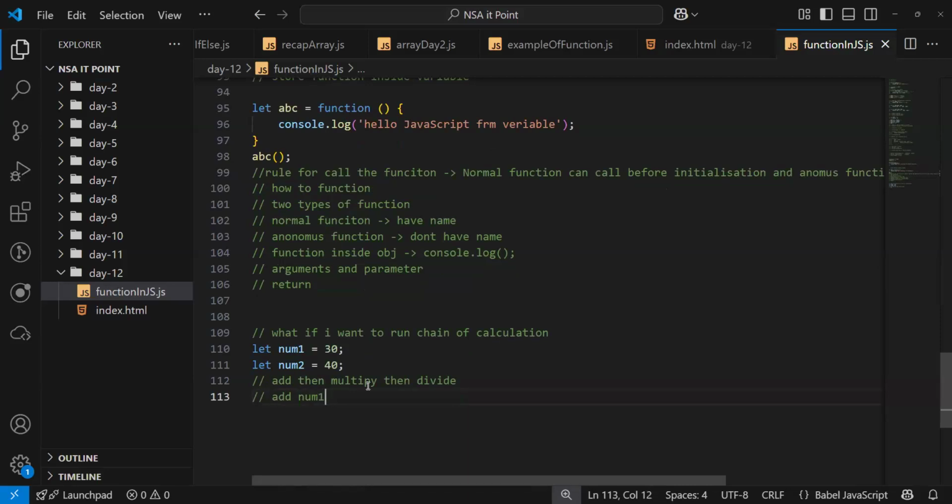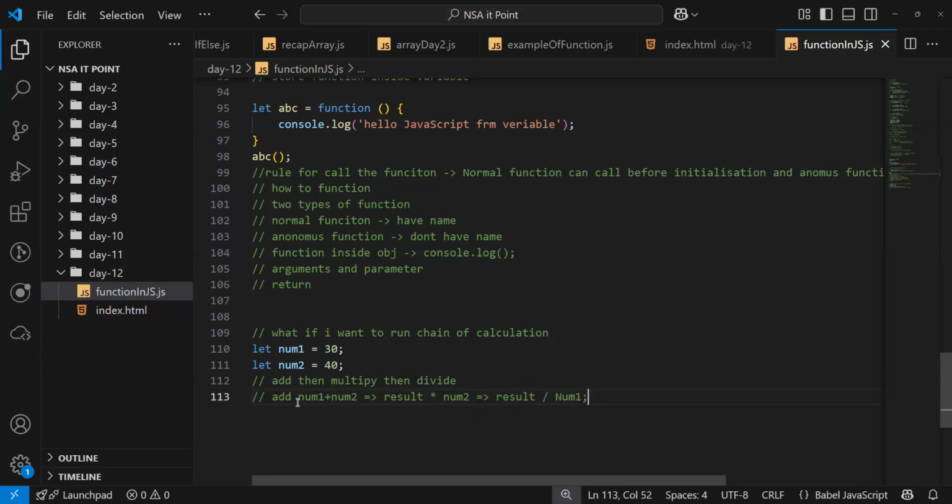Add num1 plus num2, then take the result and multiply with num2, and then divide the result by num1.